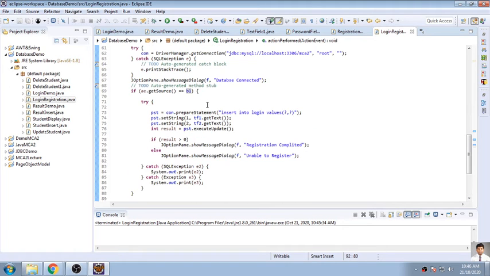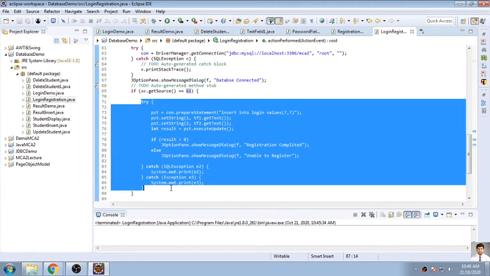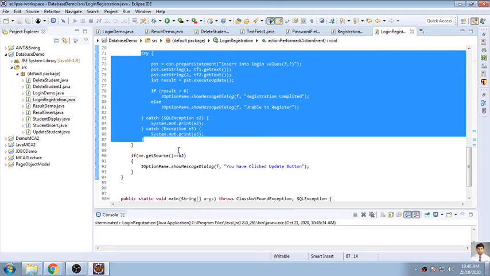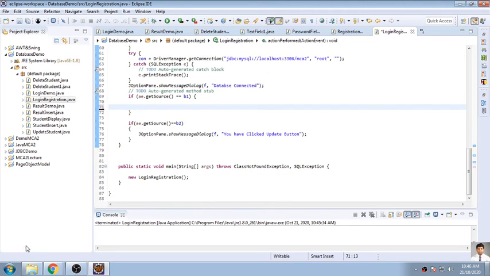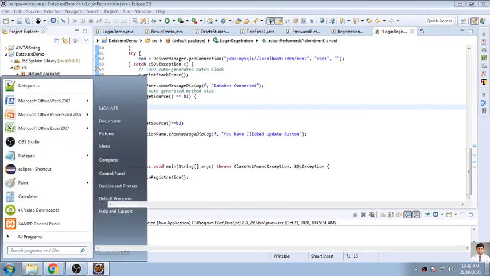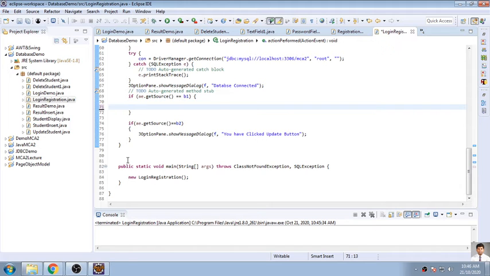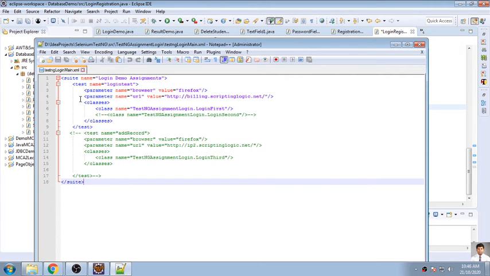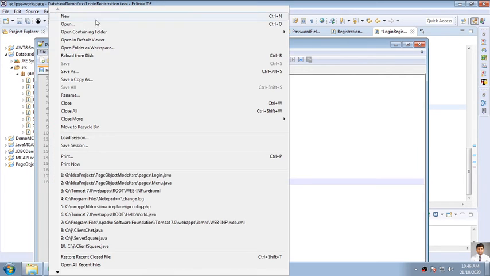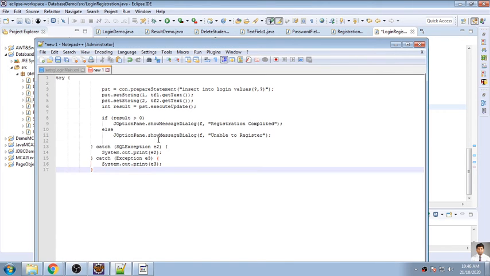I think this part is not working. I put this in a comment for now. So I will write it somewhere else. We'll just create a skeleton and then we'll talk about this. So let it be.